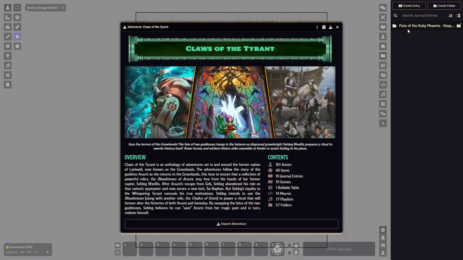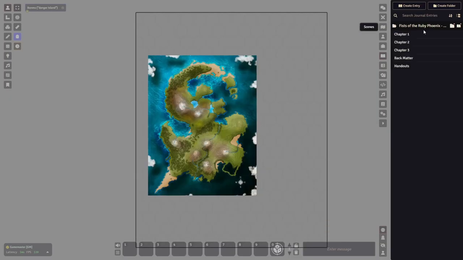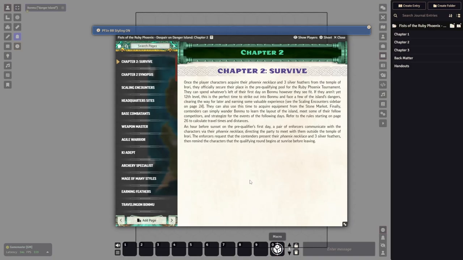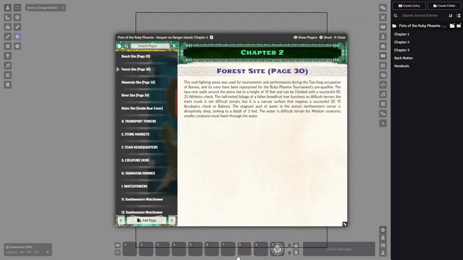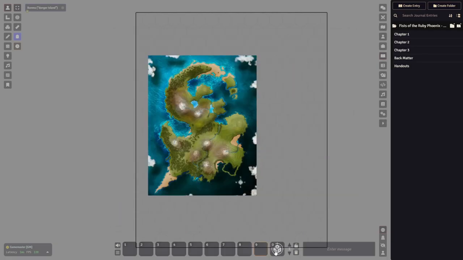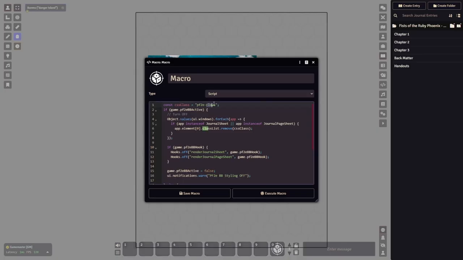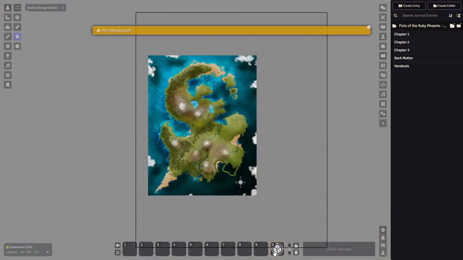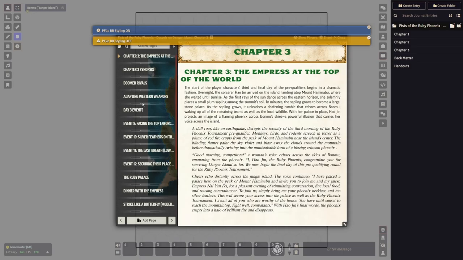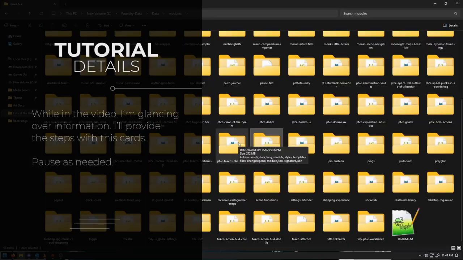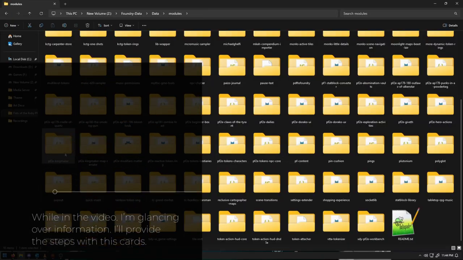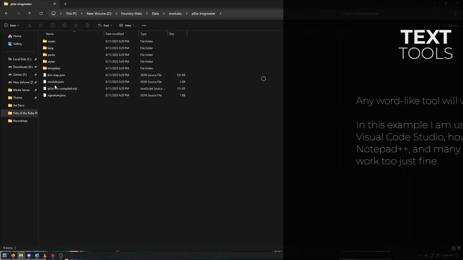Hi there, Chris in Post here. I had an internal struggle with creating this specific part. I wasn't really happy where the tutorial has been left off, so I decided to create a macro for those who have premium modules already installed, such as the Beginner Box or Claws of the Tyrant or any others, to have the styling of the journal look much better. Premium even. I'm gonna set the default as for the Beginner Box. However, for those who like to go into the nitty gritty, you're able to change the display to any